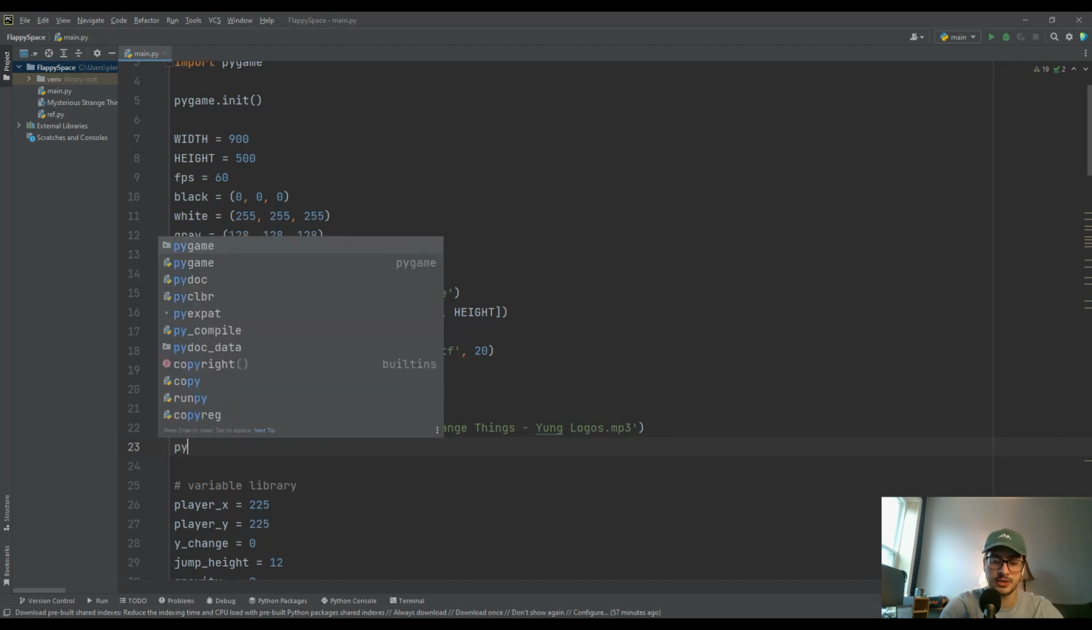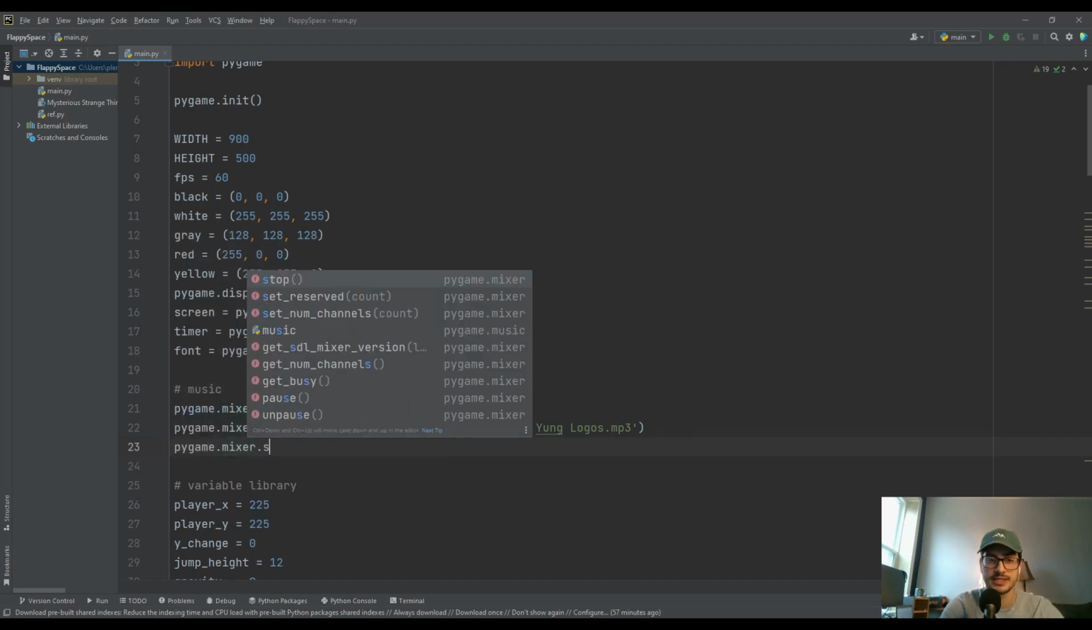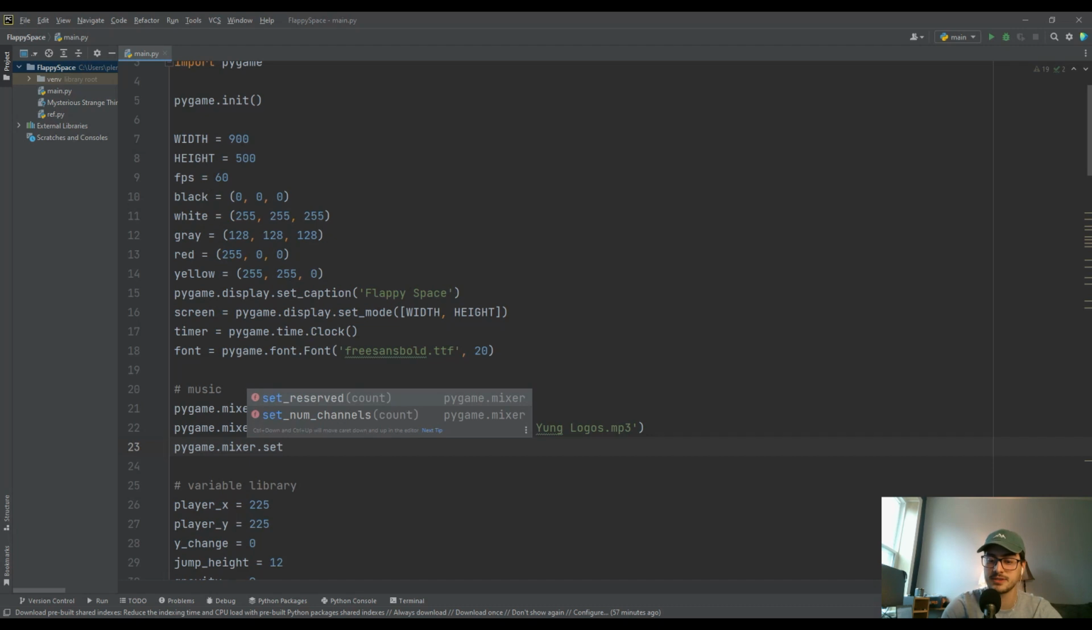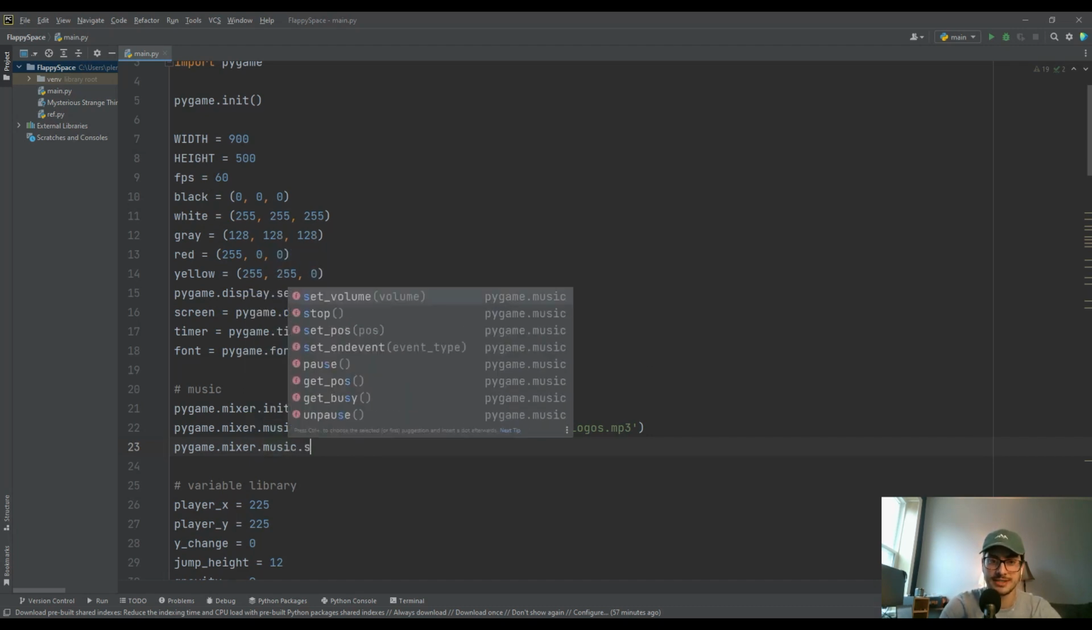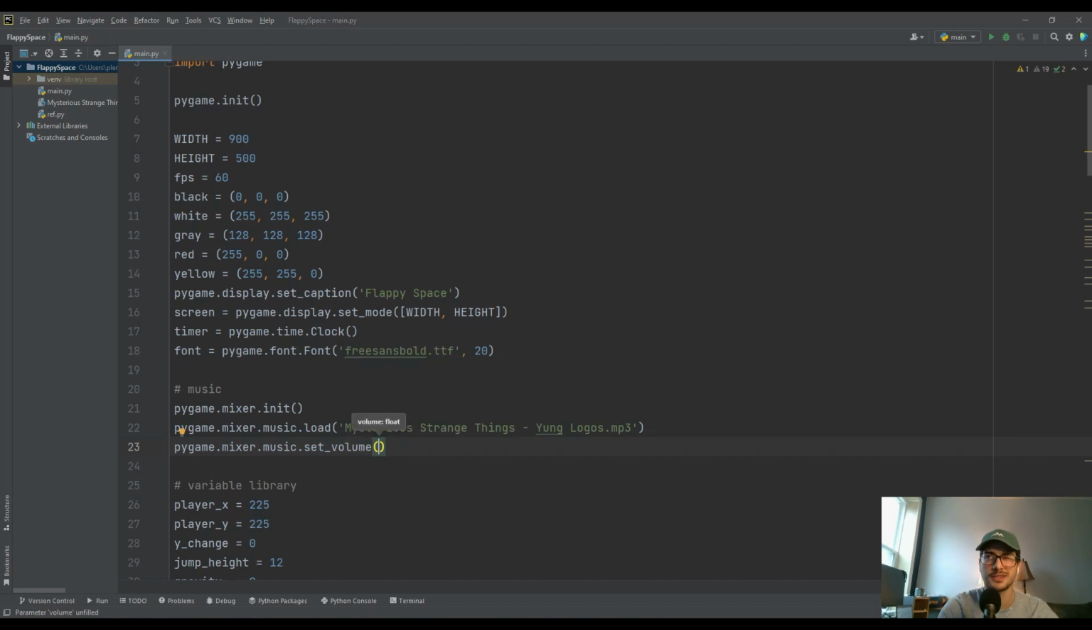And then the next thing I'm going to do, pygame.mixer.music.setVolume. You don't actually have to do this step, but a volume of 1 is pretty loud. So I'm going to set it down to 0.2,